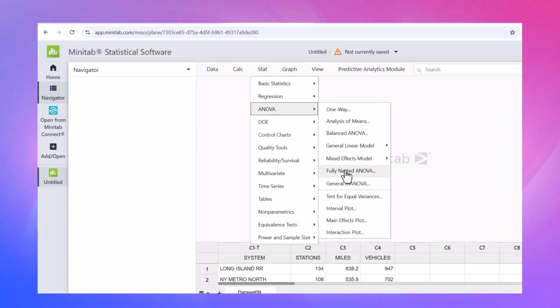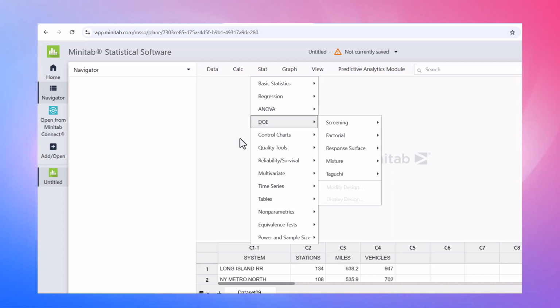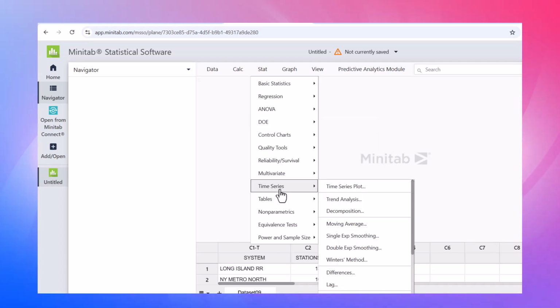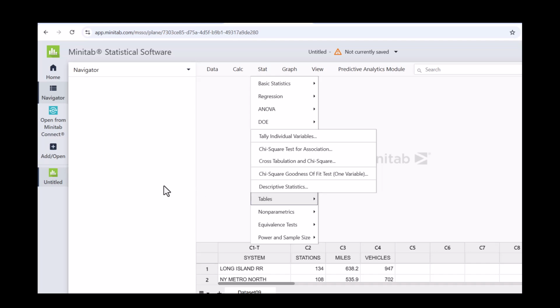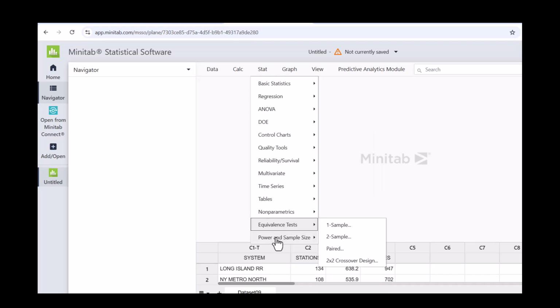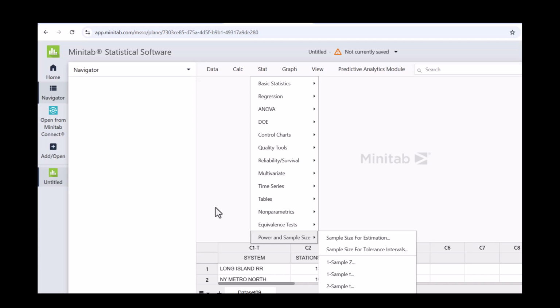You can run ANOVA out of this menu. You can do design of experiments, control charts. This is where your time series data is. So if you want to do moving average, exponential smoothing, some type of lag, moving average, you'd come down here to time series. Tables will give you your crosstab and chi-square. And then we have some non-parametric statistics, equivalence tests, and then your power and sample size. And it will give you power and sample size either for your test or just for estimation or for tolerance